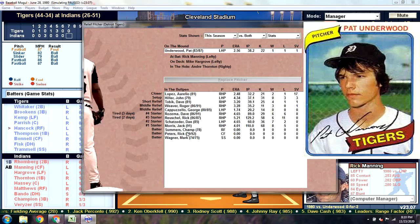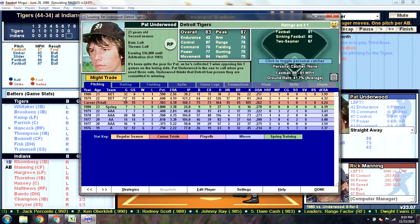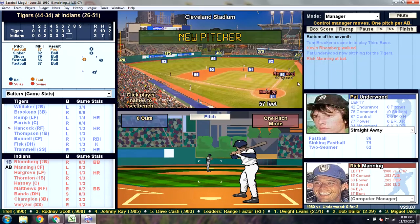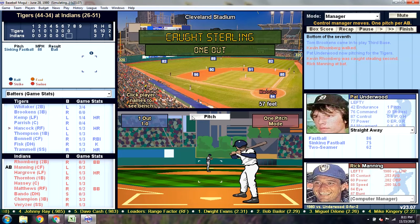So Underwood comes into the game, and he's pitched in 32 games. He's 1-1 with a 2.56 ERA. He's got 1 save on the year, and opponents are batting .257. So Underwood has definitely done his job. And let's see how he fares against Manning. He throws the first pitch ball, but Parrish throws out Romberg trying to steal second. So, costly mistake perhaps for the Indians, as we